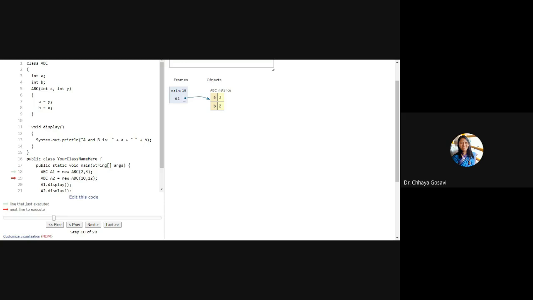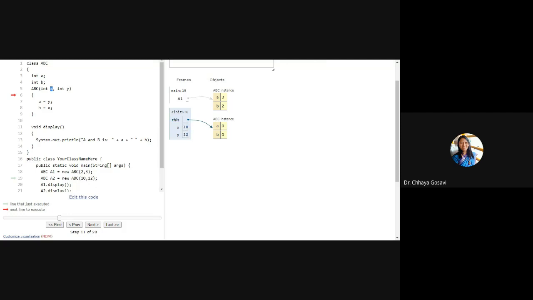You can see here A1. This is the A1 object, which has two instance variables A and B with values 3 and 2. Another instance is created. Only this part will execute first: new ABC 10, 12. So the value of x is 10 and the value of y is 12.